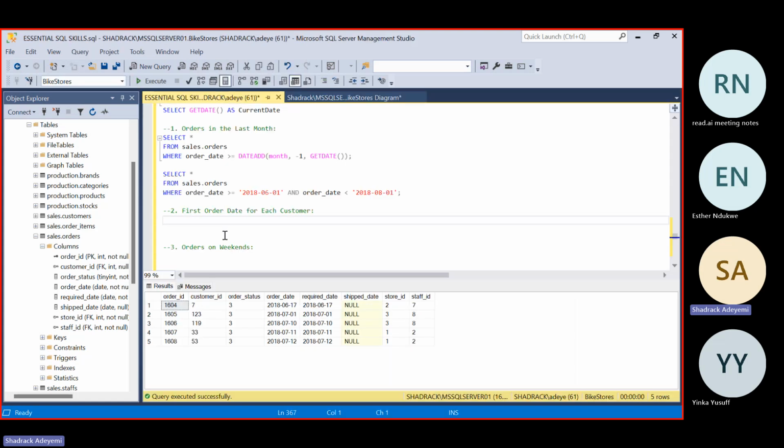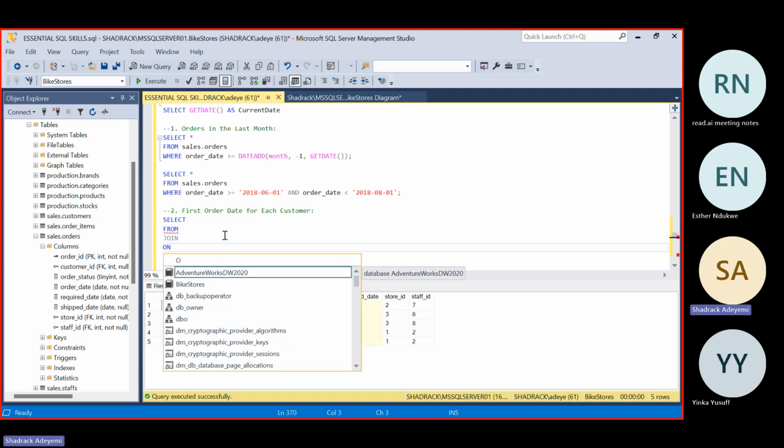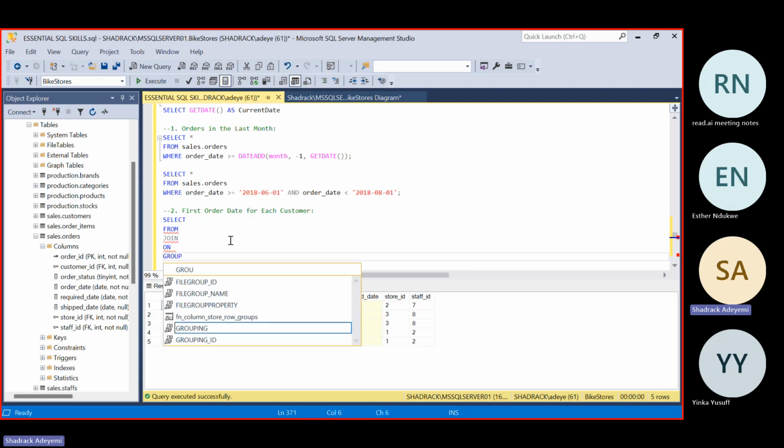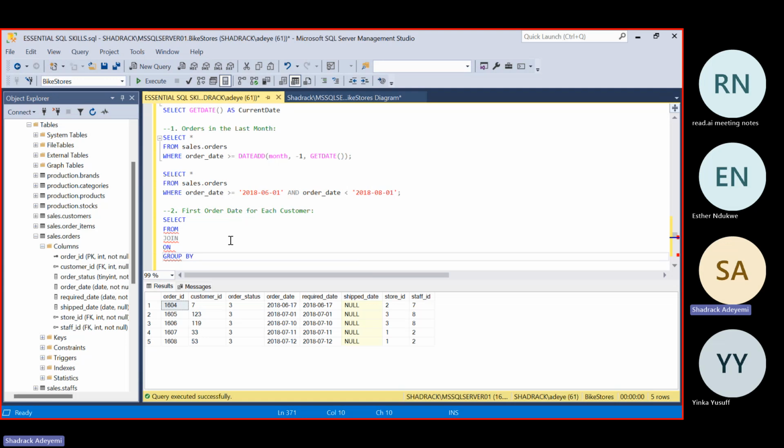So to do that, we have a select from statement. We have a join because we're joining two tables on a condition. And because I just want to fish out the minimum date for each customer, I will definitely use a group by, because calling the min function is an aggregate function.